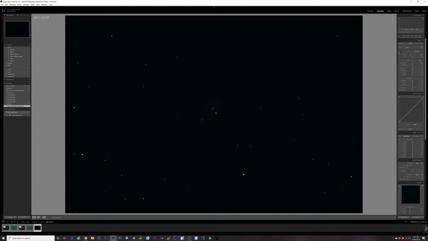So I do most of my editing in Photoshop, and I haven't made the jump to PixInsight yet, although I'm considering it. I tried StarTools for a little bit, and it was just too kind of clunky and slow for me. So I went back to Photoshop, and recently I've started doing my initial stretch in Lightroom,